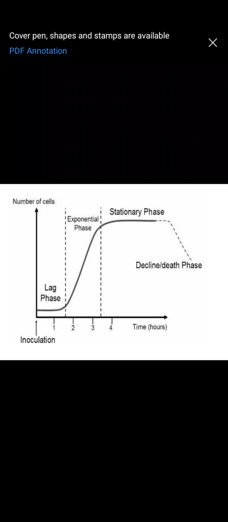Now what are these phases? Initially when we transfer, definitely we are transferring some number, so it does not start from the origin, it's not starting from 0, but a little above, at the 0th minute. So the graph starts from here. Now when we inoculate the organism, some cells are there at the 0th minute. As the time increases, you can see the time is increasing, the number will remain constant.